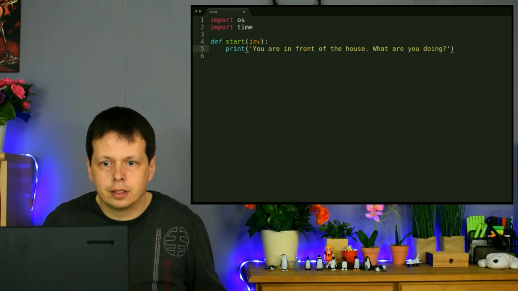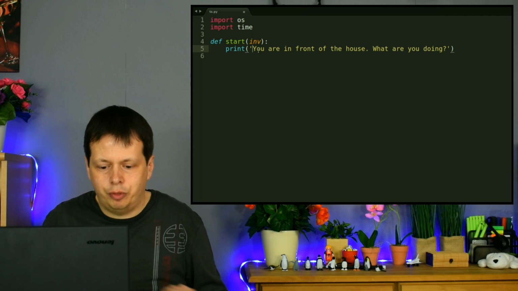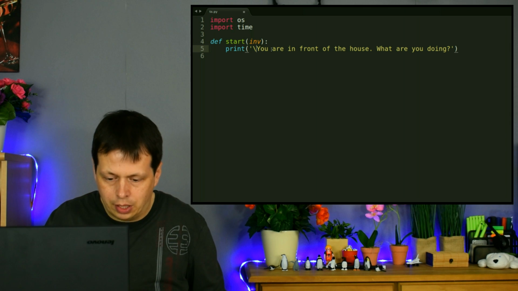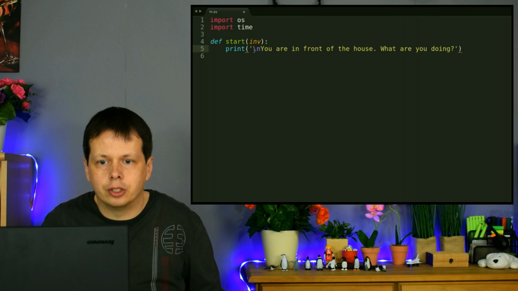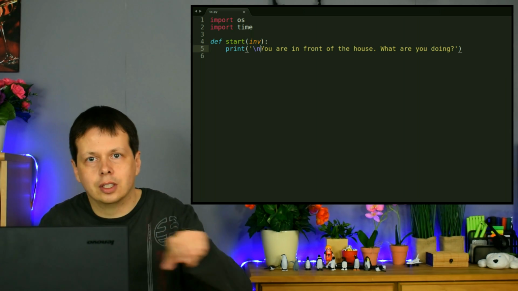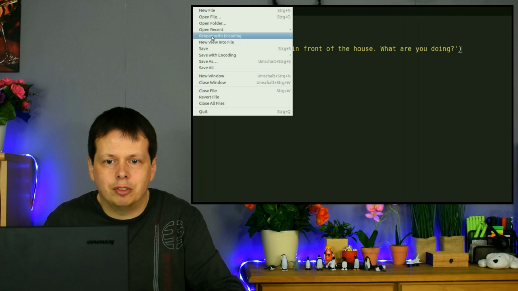Okay, so this is the first, and if we want to have a different line, an empty line between, so print is the next line, and if we do here backslash with an n, you see the different color for the syntax, then the text goes a line deeper. So let's save it,